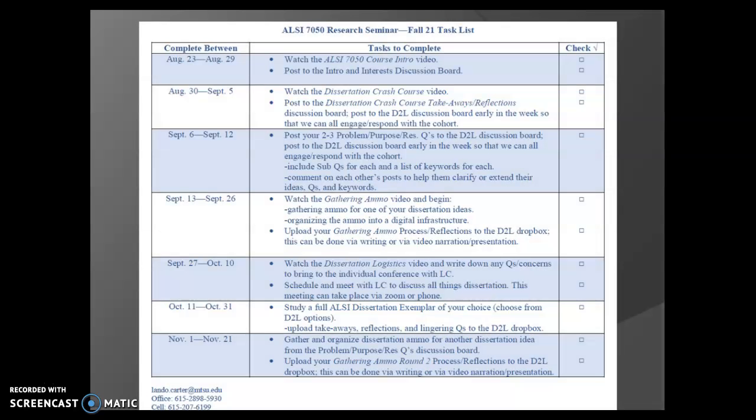So, thank you, and we want to leave you with this screenshot of your course map. Everything you need to do is mapped out weekly or in batches of a few weeks as you progress all the way down the semester. Everything is right here that you need. On the right hand side, each time you complete a task, just check the box. You will be directed by this page at any turn. Any question, obviously you can ask us, but you go right to our task list. It's got everything laid out for you, week for week, note for note, everything you need.